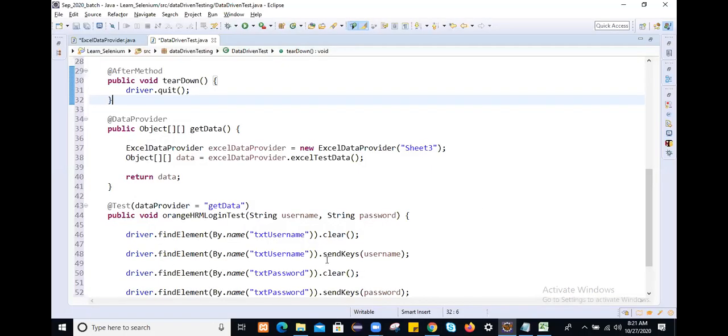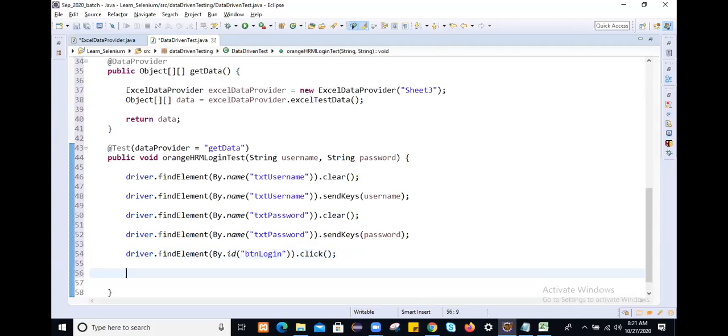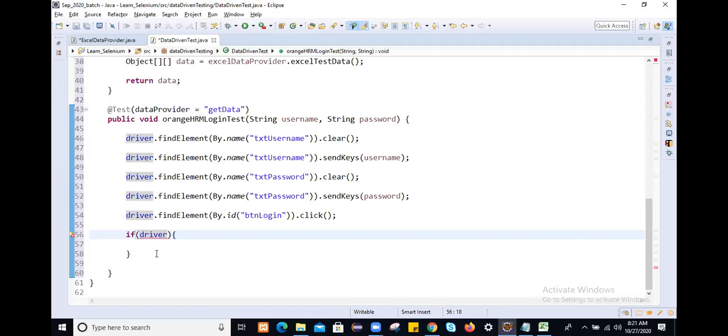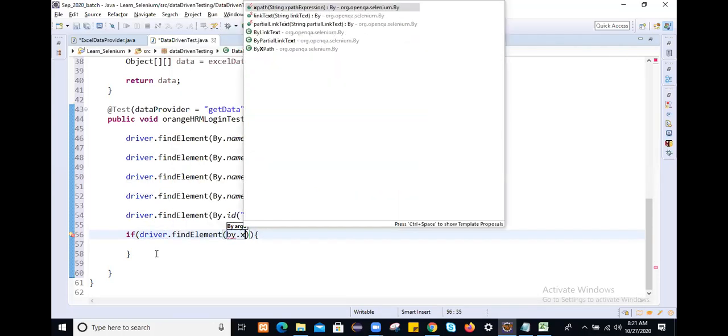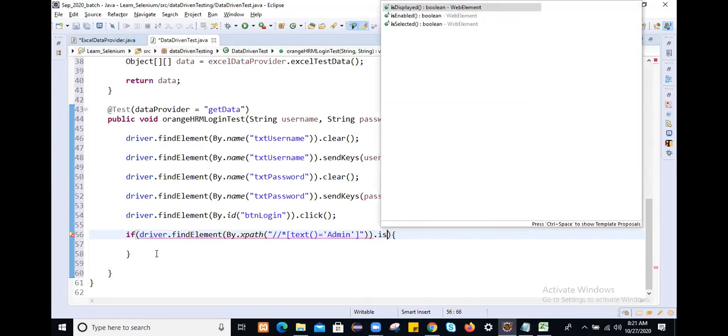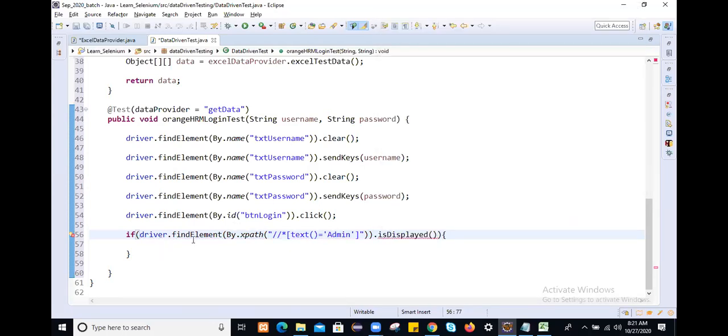So once you have logged in to the application, we'll check. For that web element, we will search with driver.findElement(By.xpath). We are searching by XPath. This is the web element. If it is displayed, driver.findElement(By.xpath).isDisplayed, it will return true.